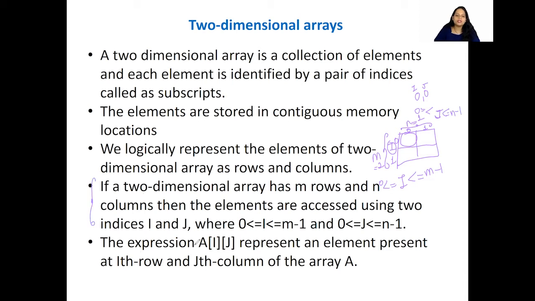Now, the expression A of i j represents an element present at ith row and jth column. Suppose A is the name of this particular array. Then I am saying A of i comma j. So the example whatever I gave you already, suppose this is 0 comma 0. So it is saying that 0th row, okay, and 0th column.